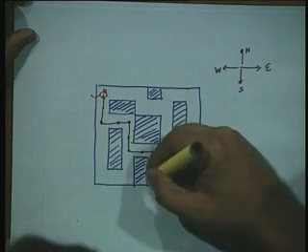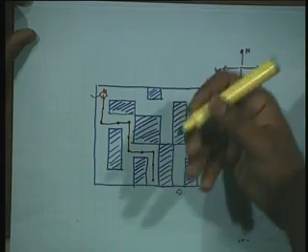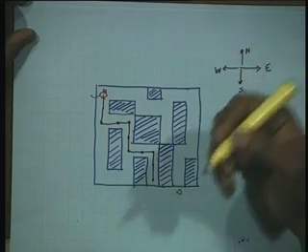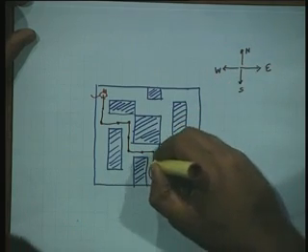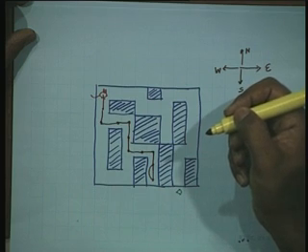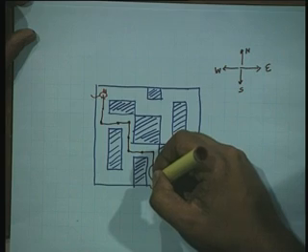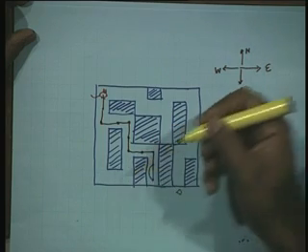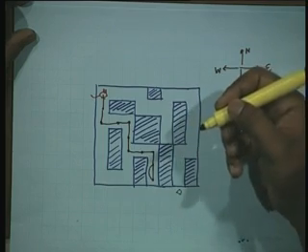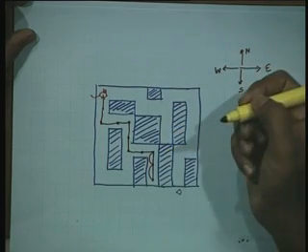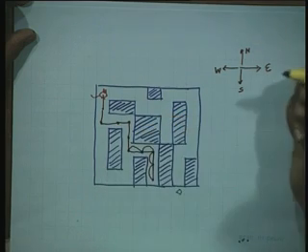It cannot go anywhere else because all three sides are blocked. When it gets stuck like this, it backtracks. Backtracks means goes back to the place where it came from. So, it goes back. At this point it knows that it has been here before, it went south. So, now it tries to go west, but it cannot go west. So, it has no other possibility but to go back to where it came from. Similarly here it goes back and it goes back.